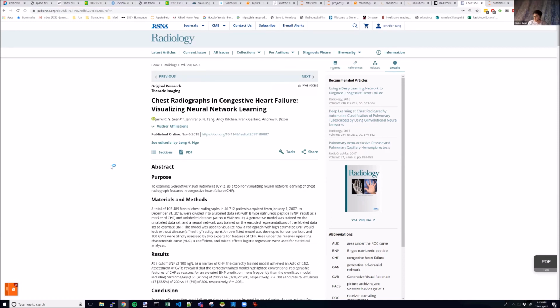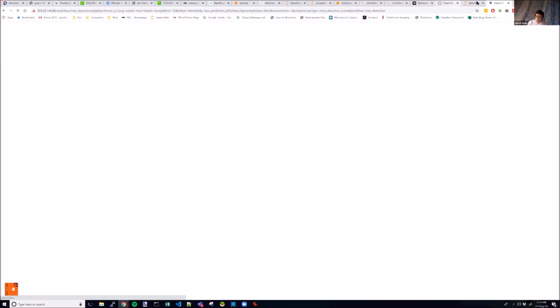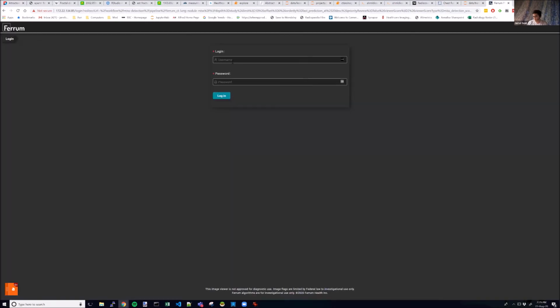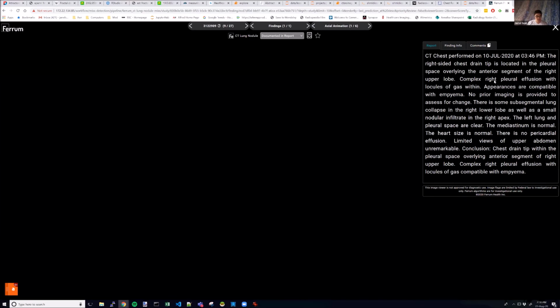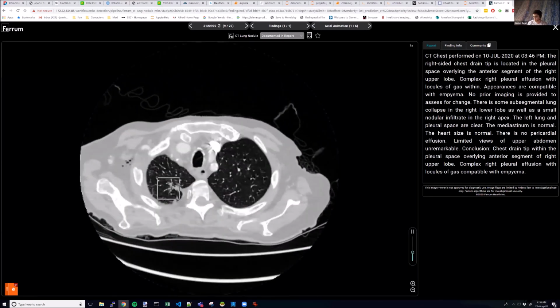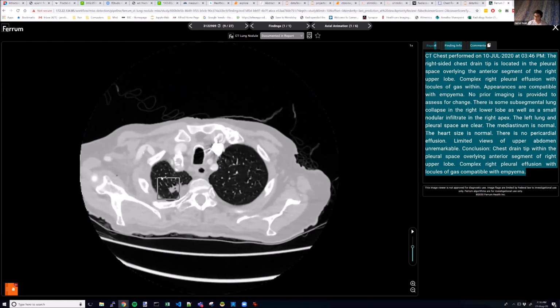Yeah, so we use a variety of AI programs in radiology at the Alfred. One obviously is Ferrum, which is the one I was just talking about here. And this is the Assure workflow where every week this algorithm looks at all the CT scans that we've reported, and you can see here that's from July, and it tells us whether or not there's been a lung nodule or potential cancer that's been missed. If we review all the discrepancies between the report and the actual CT scan, and if there is a significant discrepancy, we go back and we change the report.